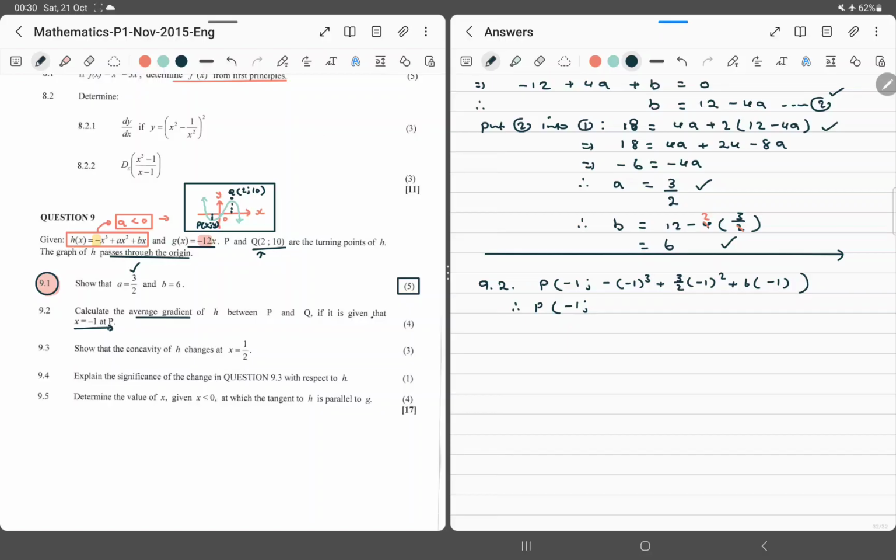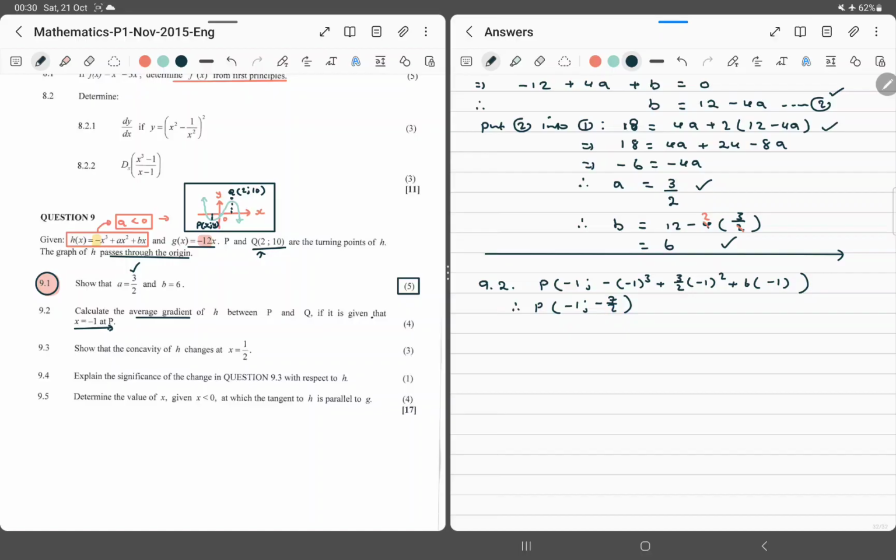So we need to find those coordinates. Minus into minus 1 cubed, plus 3 over 2 into minus 1 squared, plus 6 into minus 1. I'm getting minus 7 over 2. Can you see our sketch was not really bad? It was not really bad because we can see the y value is negative and the x value is negative